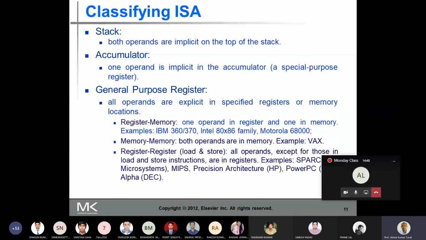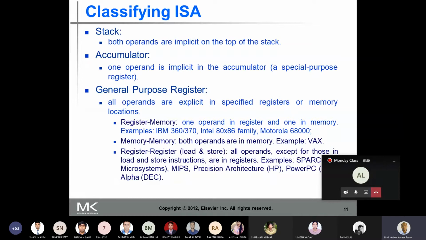And next is the register architecture, which we also call a load and store architecture. Here all the operands, except for those in the load and store instructions, are in registers. So in every instruction other than load and store, all the operands are available in registers. In the case of load and store instructions, the memory is involved.